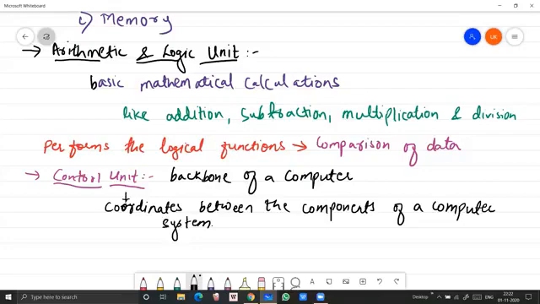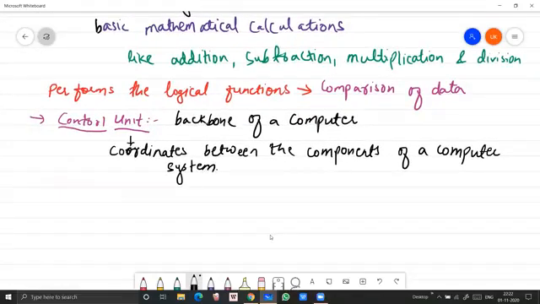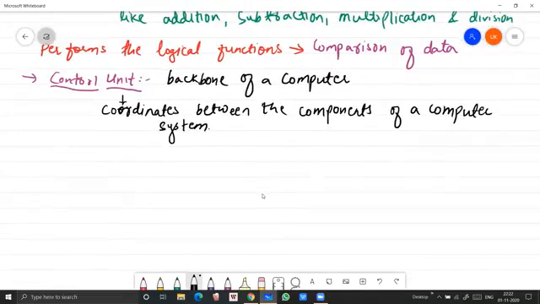Okay, students. So the control unit collects data from the input unit and sends it to the processing unit, that is the CPU. Further, it is transmitted to the output unit for the user to utilize. What does the control unit do, students? We had seen the 5 major functions of the computer.